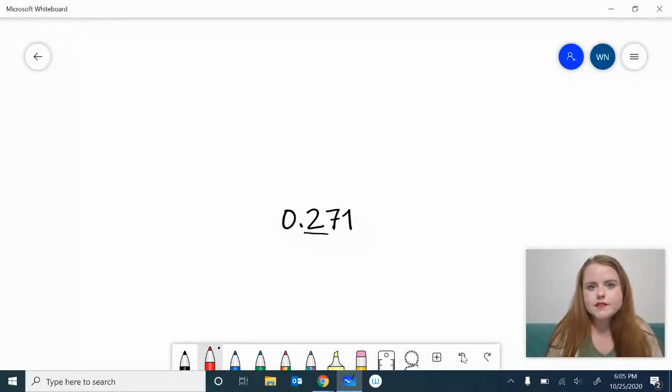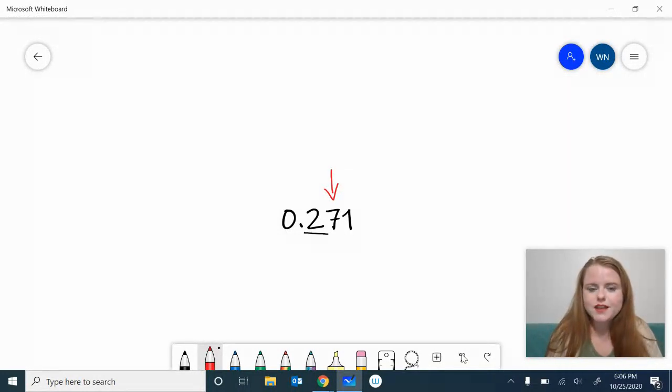The 0 is in the ones, 2 is in the tenths, 7 is in the hundredths, and 1 is in the thousandths. Remember, when we're in decimals, we have to use that TH at the end. So the 2 is in the tenths place and it's underlined. So we're going to look 1 to the right. We're going to draw an arrow over it. Yes, it's going to feel silly in the beginning, but we need to draw that arrow to remind us where we're looking. So once we've drawn that arrow, we know we're going to say 5 or more, raise the score,